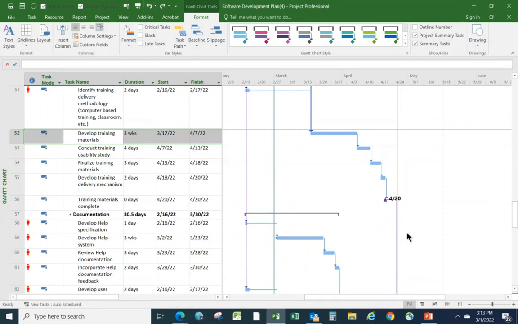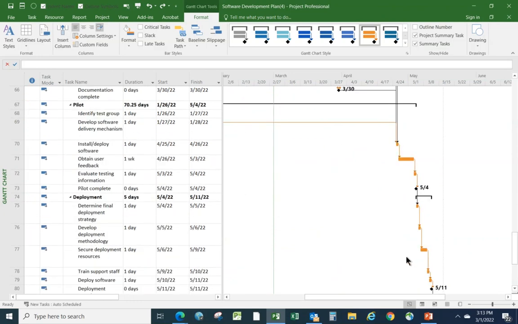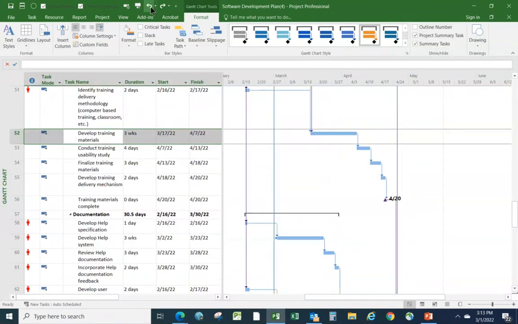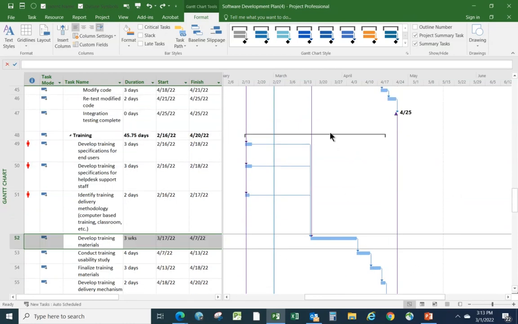You'll also see that on the Format tab, Microsoft has made available to you a number of different color schemes that you could choose. So, for example, you could scroll down and say, well, I quite like this sort of orangey color scheme. And now the overall theme changes. I'm going to go back to where we were. I don't particularly like the out-of-the-box layout, but I have to say personally, I like some of these even less. So those are some of the many things that you can do to show a different look and feel